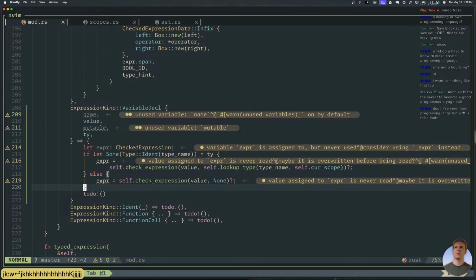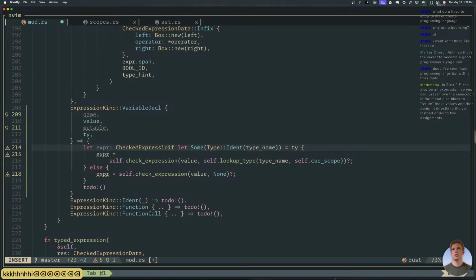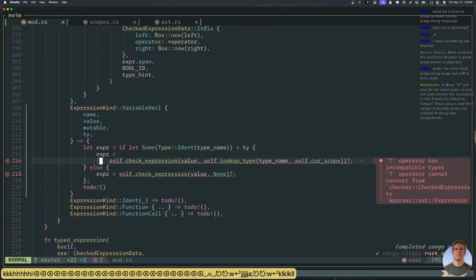All right, so that's cool. And then we have the cur scope. Oh yeah, if can also be expression. Good point, good point. Very good point. Thank you.